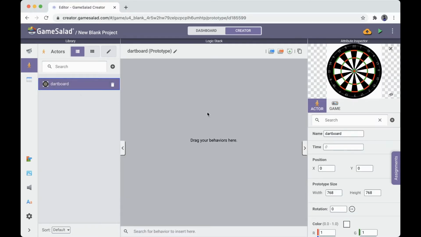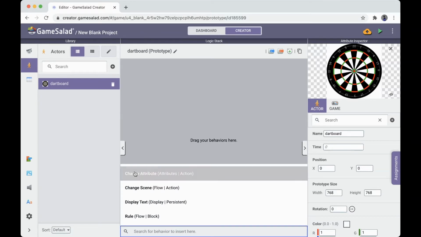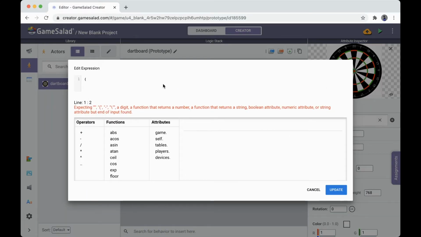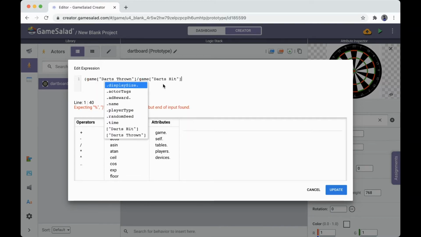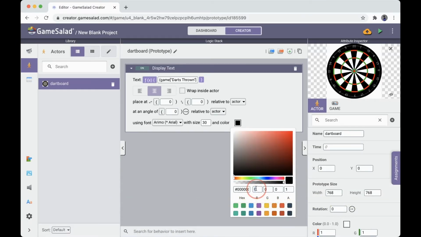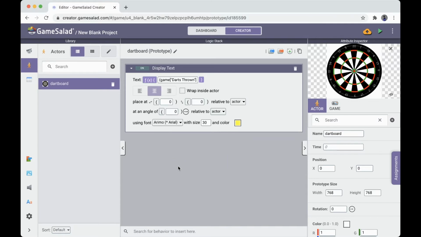Now, if you remember, our calculation for pi is 4 times the area of the circle divided by the area of the square. So let's do a display text, and we'll display an expression for game darts thrown divided by game darts hit times 4. We'll also want the text to be something a little more visible, so I'm going to make it yellow. And I'm going to make it left aligned so it doesn't move too much, and then I'm going to place it at